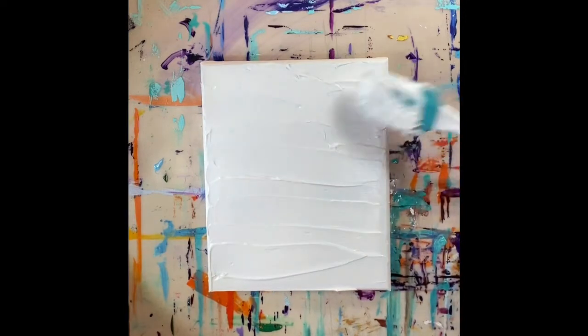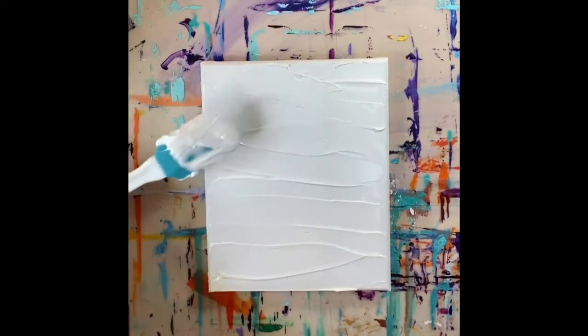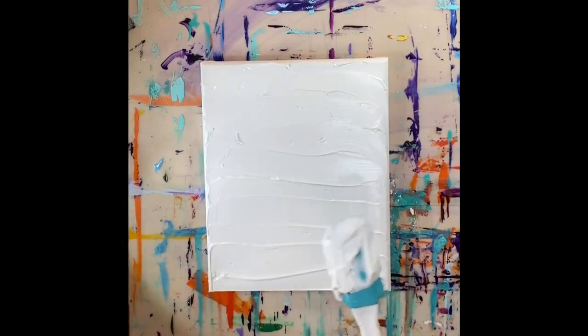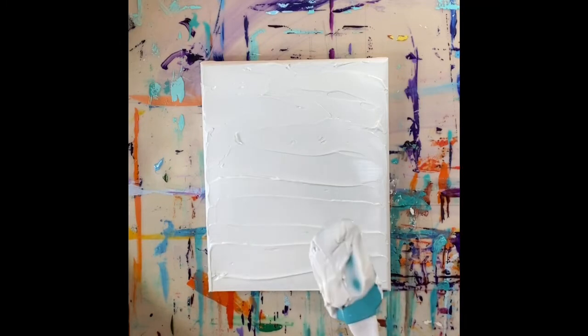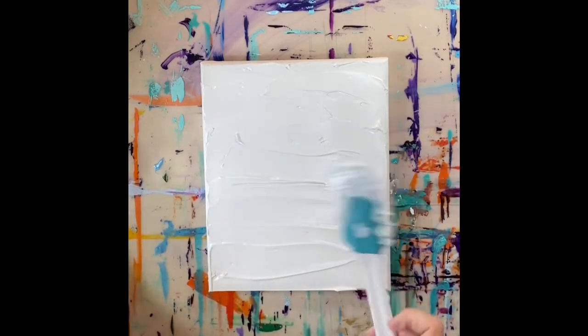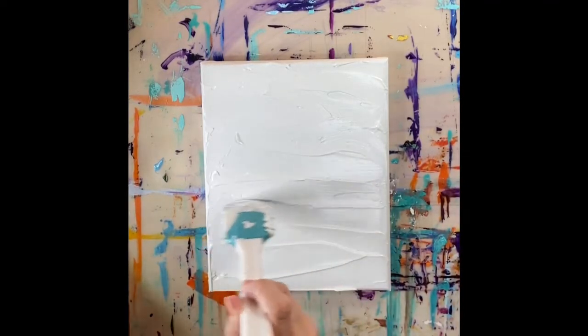Here you can see I'm starting to do that sky area. I just want some curves in there. I don't want straight horizontal lines. And you'll see that I am right-handed, but I'll use my left hand to make the curves go in the other direction. So now I'm going to be doing the foreground area, and I just take the spatula and I'm